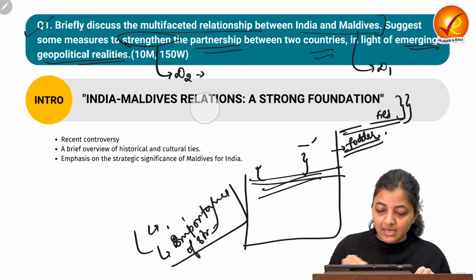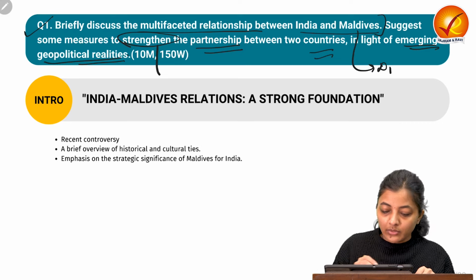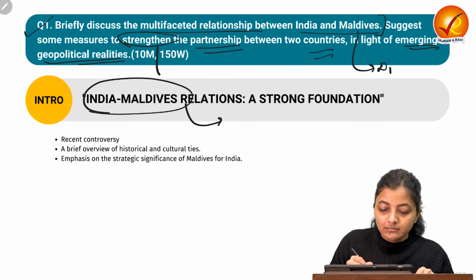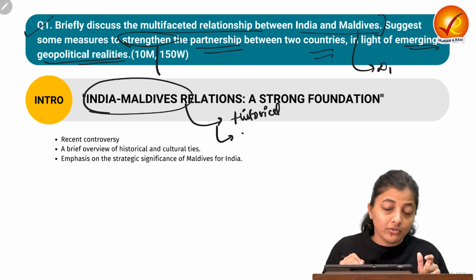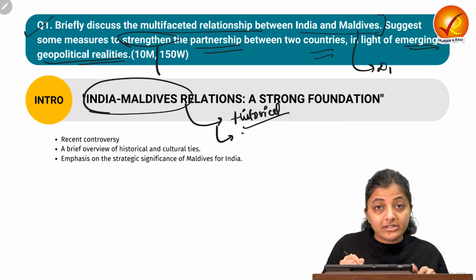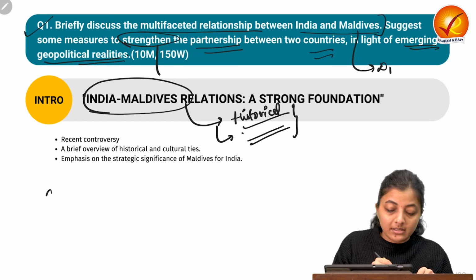Okay, so let's start with the introduction of this particular question. The question is about India and Maldives relation. What we can do is write the historical background: till now we have had very cordial and mutually trusted historical and cultural ties between these two countries, but recently